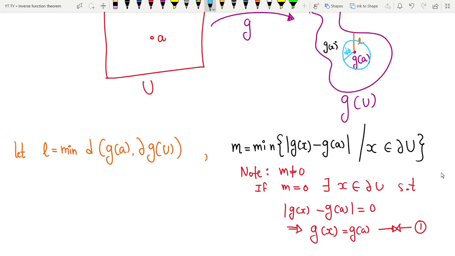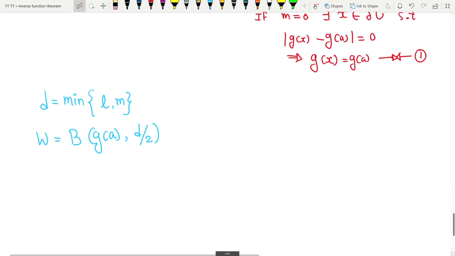Right? So this g(a) is going to stay inside this g(U) only. The ball, this W, this sky color W, is going to stay inside g(U) only. And it is not going to have any point g(x) where x is in the boundary, because my M is the minimum of that and my d is the minimum of M as well. So what I know is my d is less than or equal to M, and d/2 is even strictly less than M,